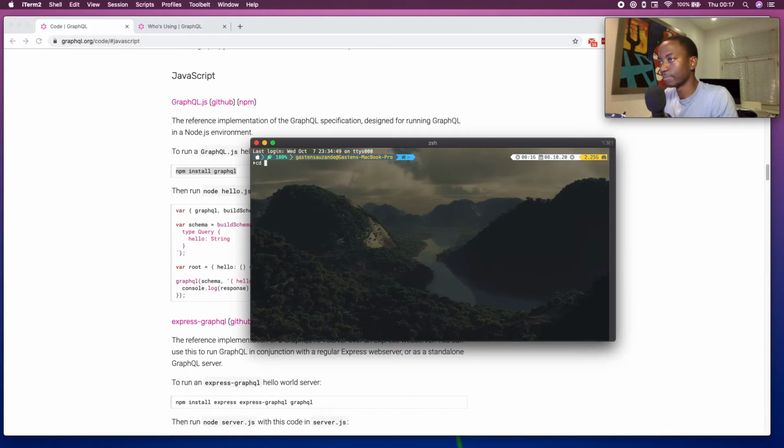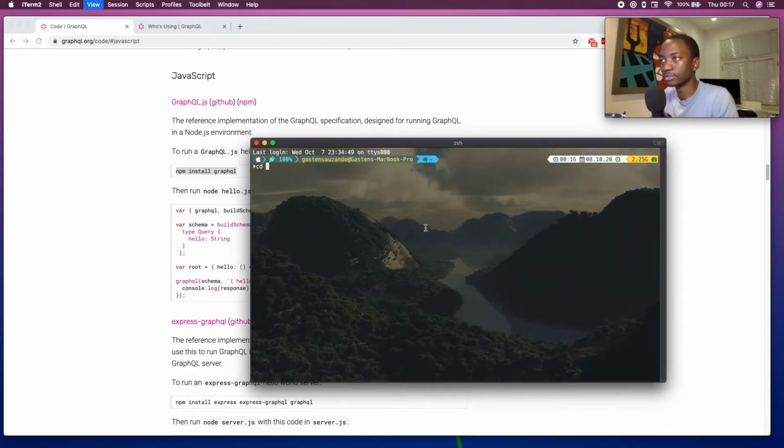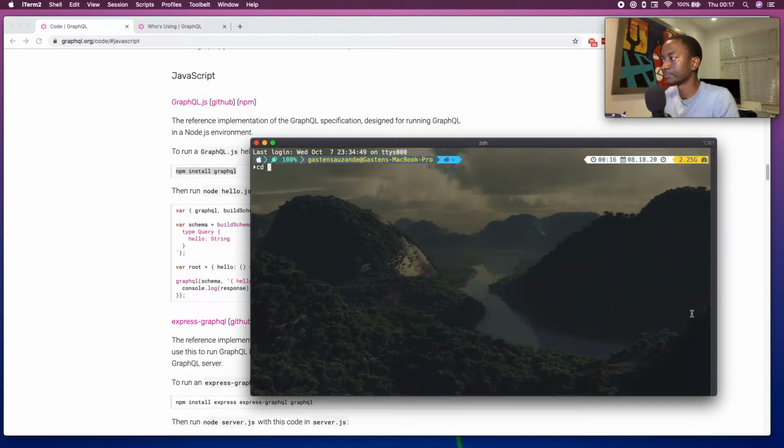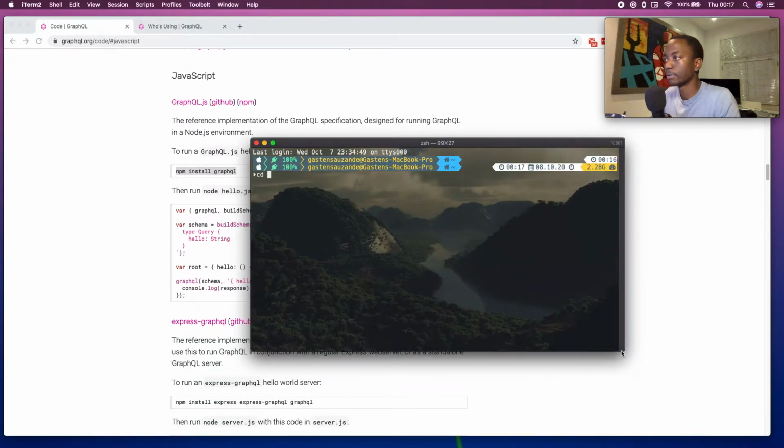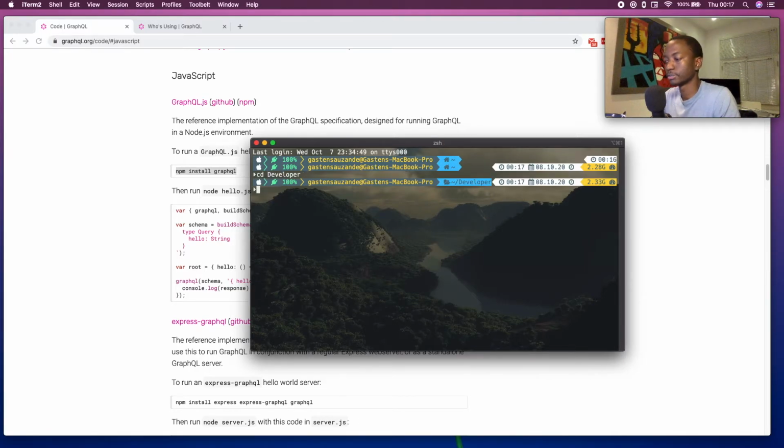Okay, let's get back to it. Let me increase this so that you guys can see it a bit better. I think that might be a bit better for you guys. So let's go into developer. Got some stuff. mkdir. What's the name? Let's call it GraphQL tutorial. That's a long name, but